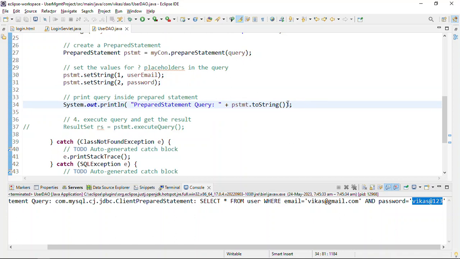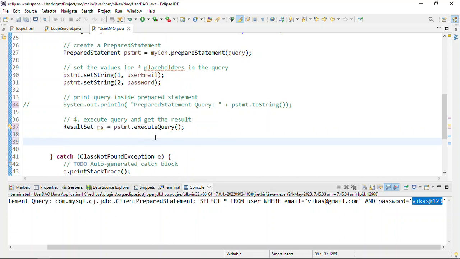Cool. Let us hide this query for now, because we don't want it printed on the console, but rather executed in MySQL. And so let us enable this one. We are going to execute this query with the help of the execute query method. It returns a result set object. We have saved it, and once we have saved this result set object, we are going to check whether that result is created or not, whether that data is available or not. As we know, let us go back to